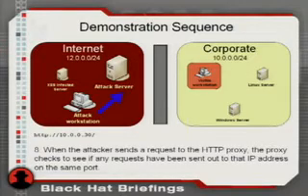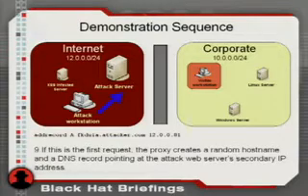And when the attacker's browser sends a request to the proxy server, it checks to see if it has seen any other requests going to that same IP address and same port number. If it hasn't, then it knows that it needs to start up the foundation for a new anti-DNS pinning attack. The first thing it does is create a random host name and DNS record that points at the attack web